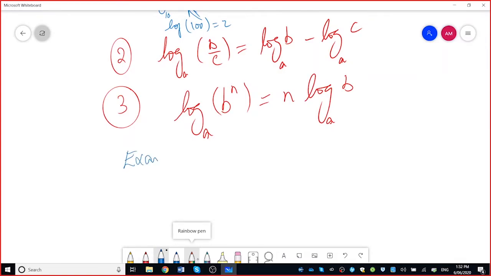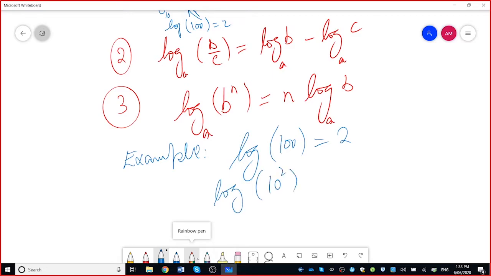Any example which you can do, or should I do some example? Yes, please. The same example. We had the log of 100. What was the log of 100? You just told me. 2. And can we write log of 100 also as 10 raised to the power of 2? Yes, we can. And now compare it with the third law. Here the b becomes 10 and n becomes